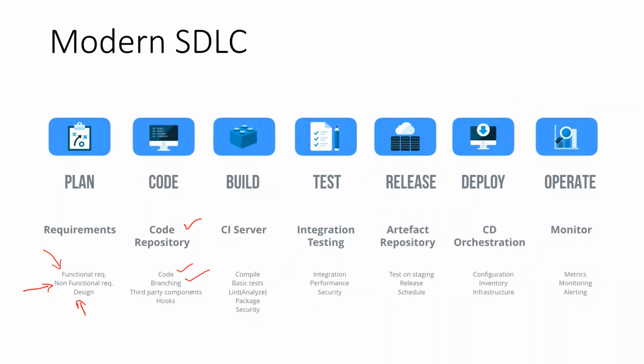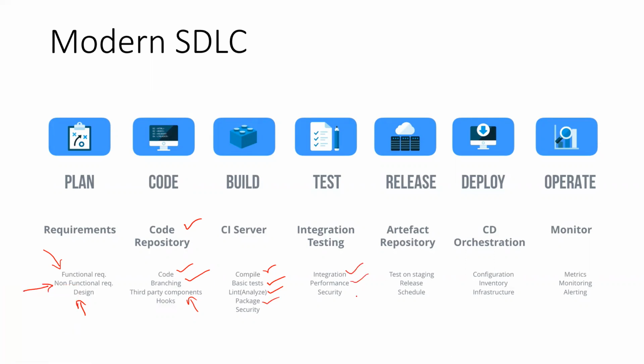At the branching, implement security. While using third-party components and libraries, you should implement security. While compiling the software, you should implement security. While doing basic testing, security should be done. Basic analysis should be done. You should ensure the package security,